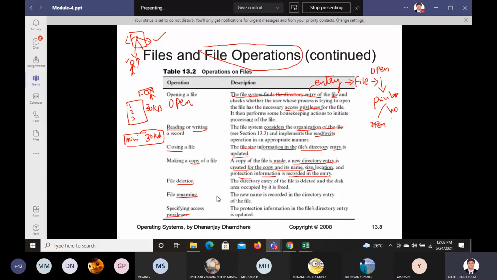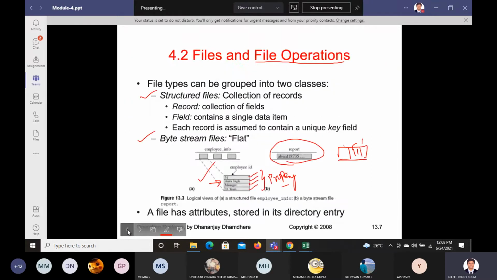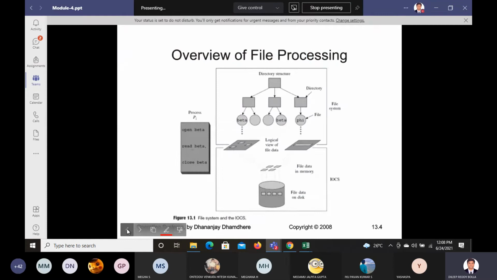File deletion, if you want to delete a file. The directory entry of the file is deleted and the disk area occupied by it is freed. If you want to delete a file, just go back here and check this diagram.